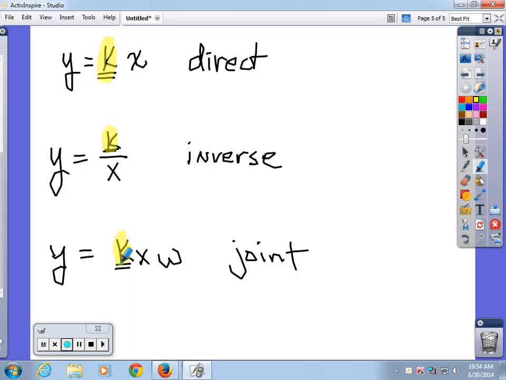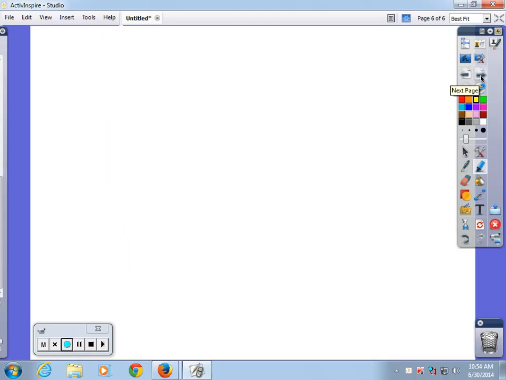Let's go to the next page. You don't have to write this down. But let's say that you have ingredients to make 24 cookies. And what's 24? 2 dozen? So to make 2 dozen cookies, and that's 24,